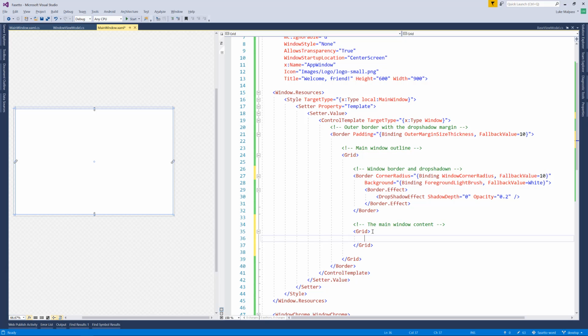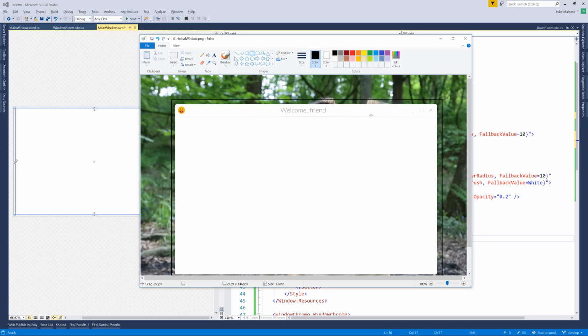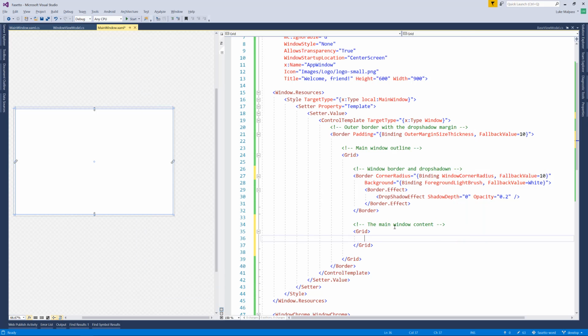So we want some rows. We want 3 rows. We want 1 for the header, 1 for this drop shadow, because the header we've defined a size for, so we need to set the grid rows height directly, and this drop shadow is an additional. So I want a row for the header, a row for the fade, and then the row for the rest of the form. So row definitions,